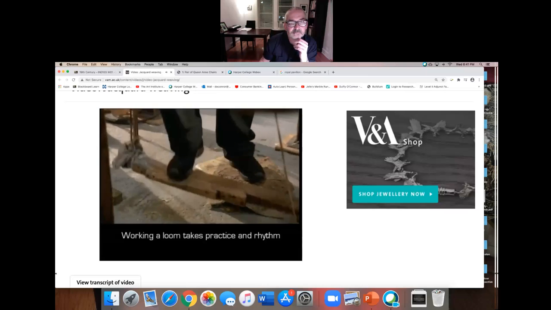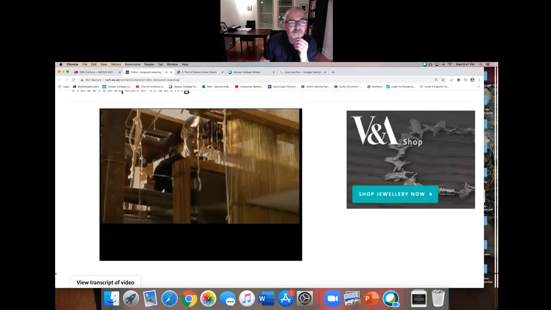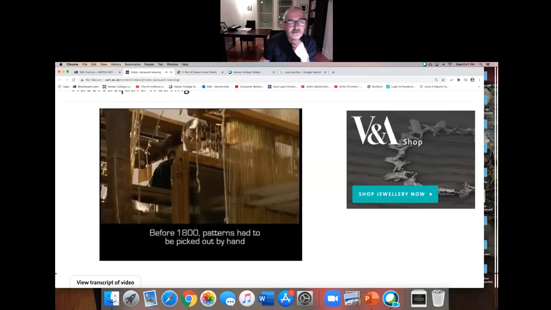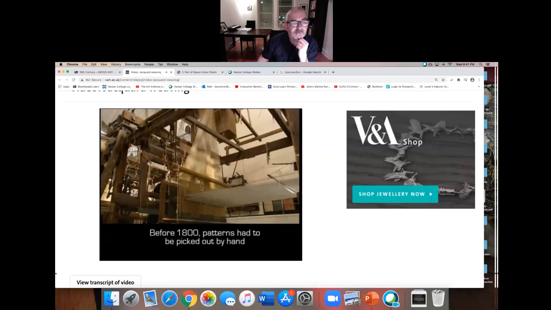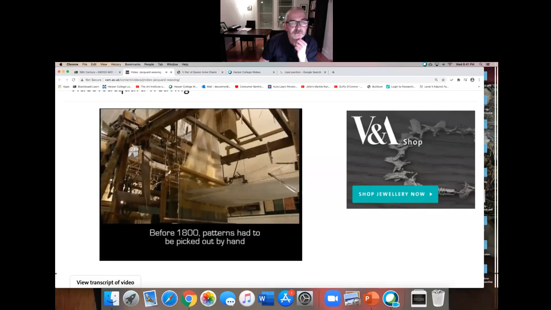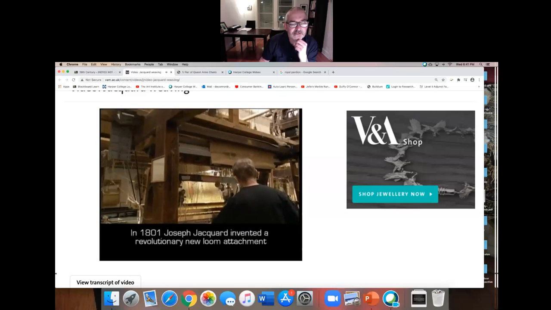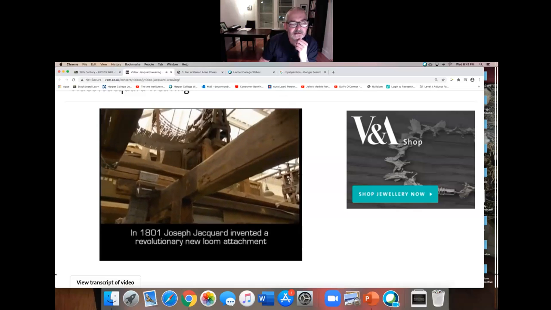Or I think it's that little thing he's holding in his hand that is moving the shuttle. So you can see how fast it's going,